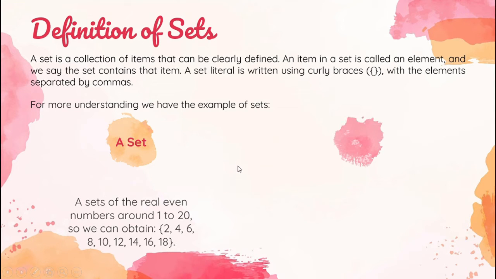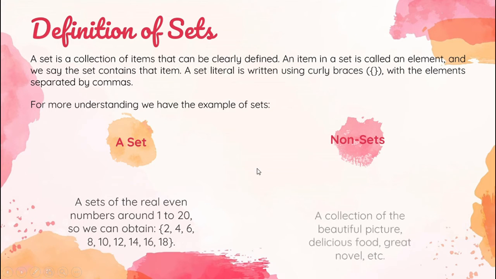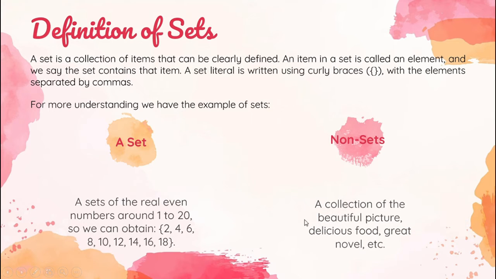Then we have examples of non-sets, like a collection of beautiful pictures, delicious food, great novels, and the like. So the example above is not a set. This is not a set because we cannot measure adjectives like these. That is according to the point of view of every person. Like, one person said that is good, but another person can say that isn't really good. Okay. Next,